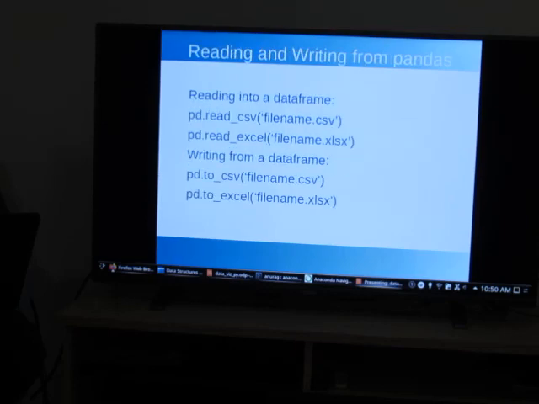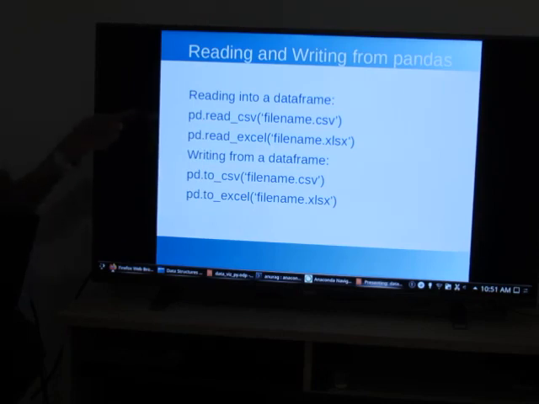And now when we want to work with pandas, usually we don't generate the data on our own. It would have been stored in some external file, and the most popular formats are CSV and Excel. Therefore, pandas has handy functions to read and write into these formats. To read into the data frame, the command is pd.read_csv or pd.read_excel with the corresponding file names.